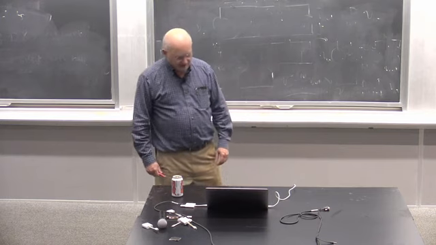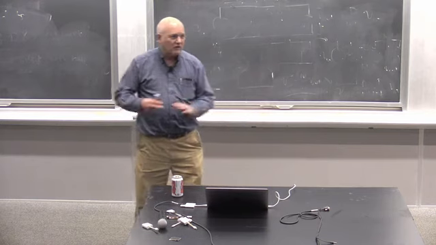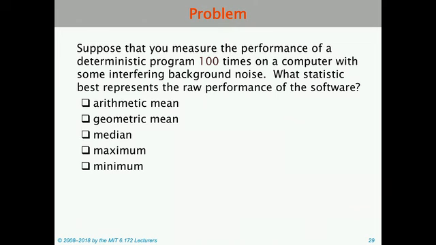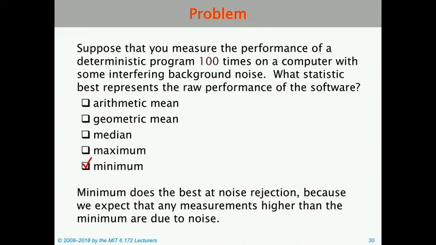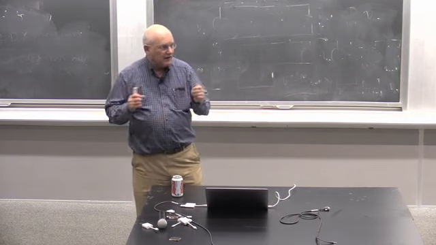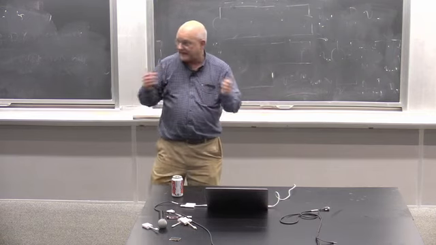It turns out these are all good measures to take, and it depends upon what you're doing with them. But it turns out minimum does the best at noise rejection. And that's because you expect any measurements higher than the minimum, if it's a deterministic program and so forth, to be due to noise. So if you're really interested in knowing how long fundamentally your code takes on the underlying hardware when there's other things going on, taking the minimum